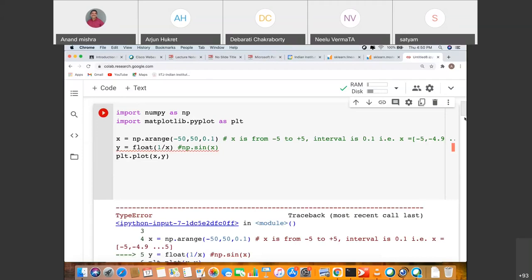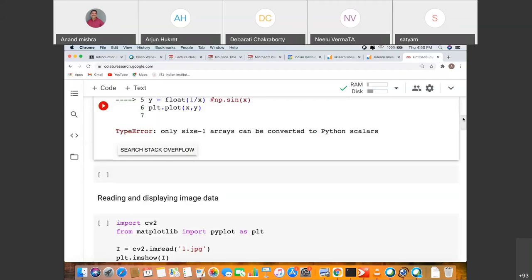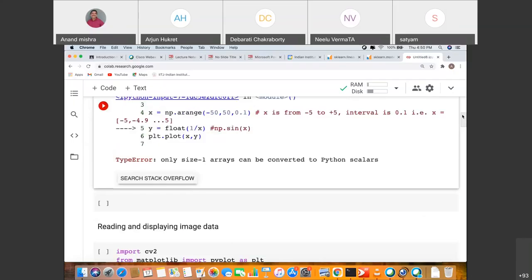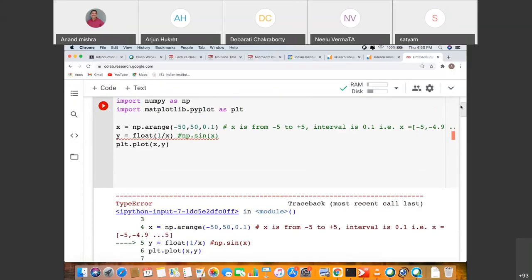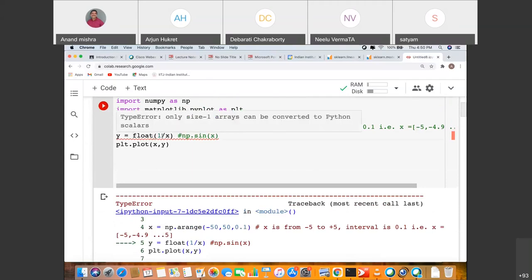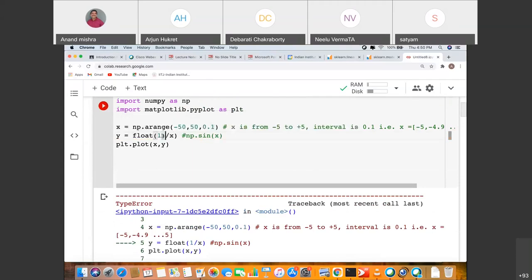That's not float. Only size 1 arrays can be converted to Python scalar. 1 by x, right? Sir, try doing np dot plot, that works.